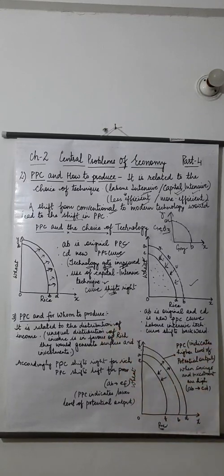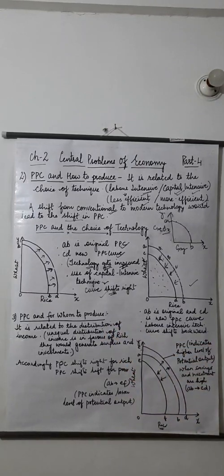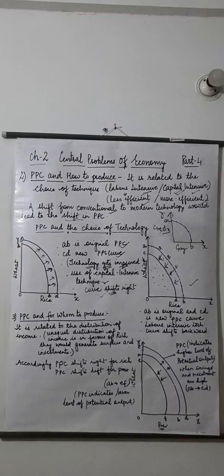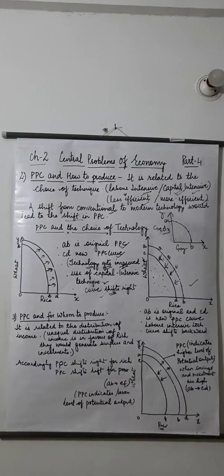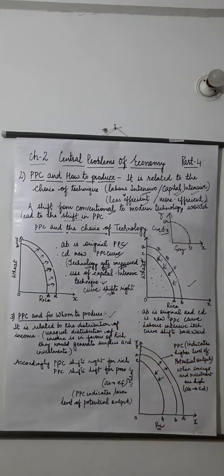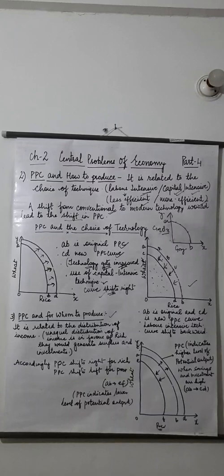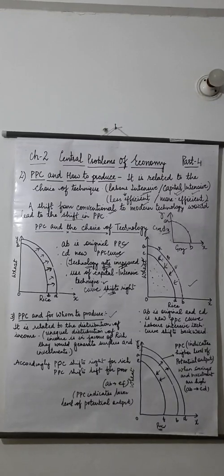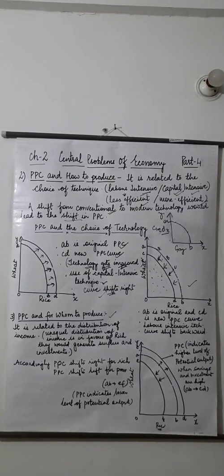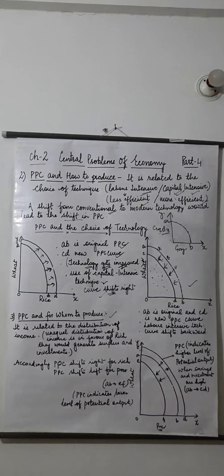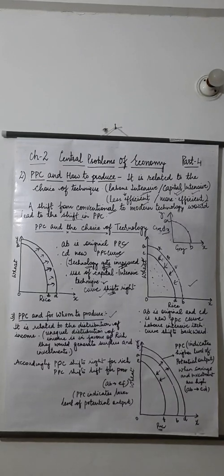For whom to produce? For whom to produce means to which section of the society? Society is generally divided into rich and poor. To which section would it prevail? It is because of the unevenly distributed income. For whom to produce is related to the distribution of income, how the income should be distributed. And it is always the rich who are privileged out of it. Unevenly distributed income makes the richer section invest and save, and the poor section are always at a losing note.